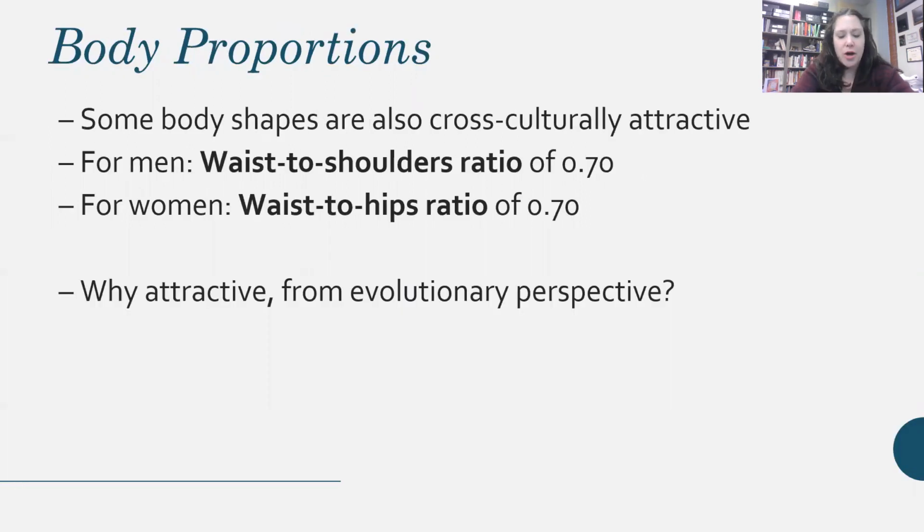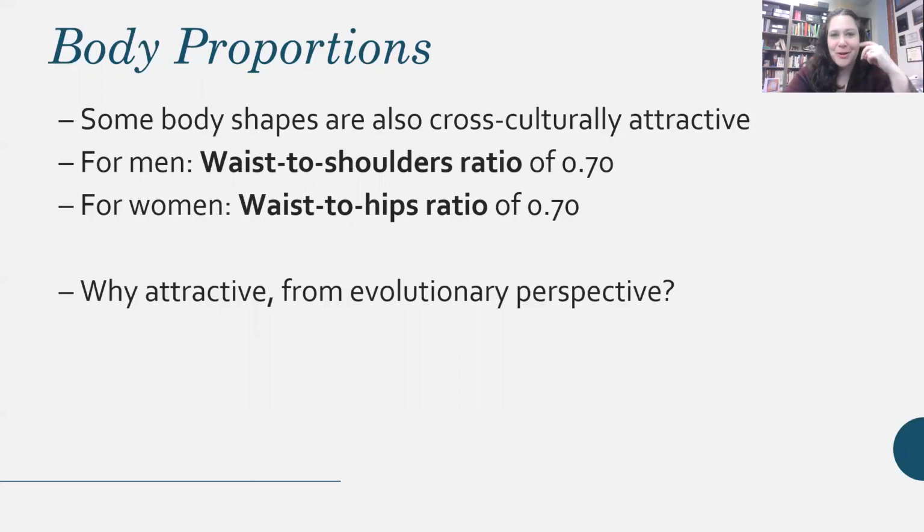The last thing that we'll talk about in this first mini lecture is body shape, basically. So of course, everyone has different types in terms of, do you want someone who's a little bit thicker? Do you want someone who's a little bit thinner? That varies. But what seems to be universal is the actual body proportion or ratio of different parts of the body that people tend to find attractive. So when we are judging the attractiveness of women around the world, a 0.7 waist to shoulders ratio seems, sorry,